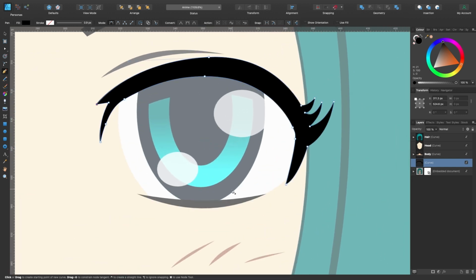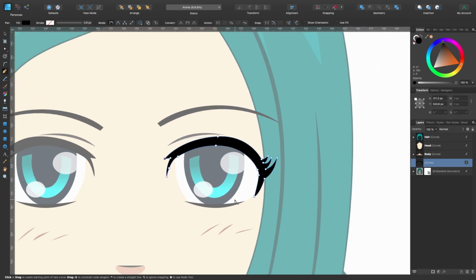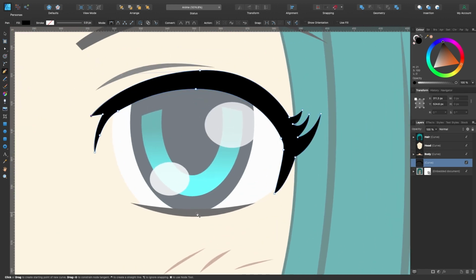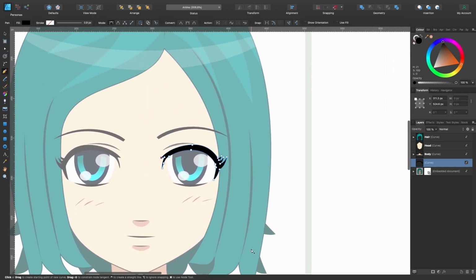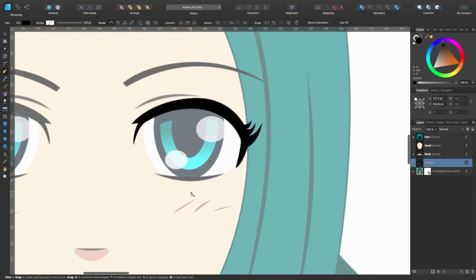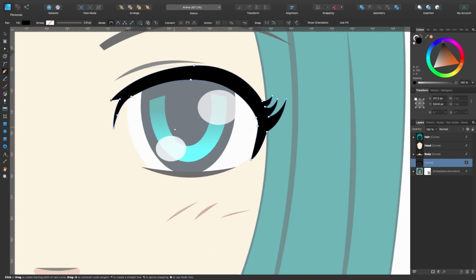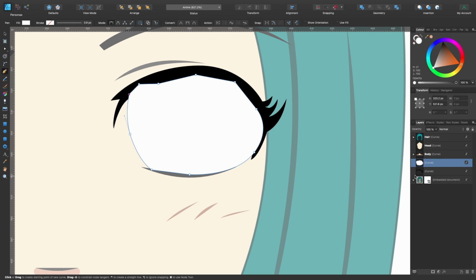For this one, we'll do that later, but basically for this lower part here, we'll be using the same technique we used to draw out these kind of streaks of hair here. So we'll do that later on, but now I'll just draw the whites of the eyes. So I'll just trace around that. Okay, that's the whites of the eyes done. I will name them both. I'll just call that one white and this one eyelash.